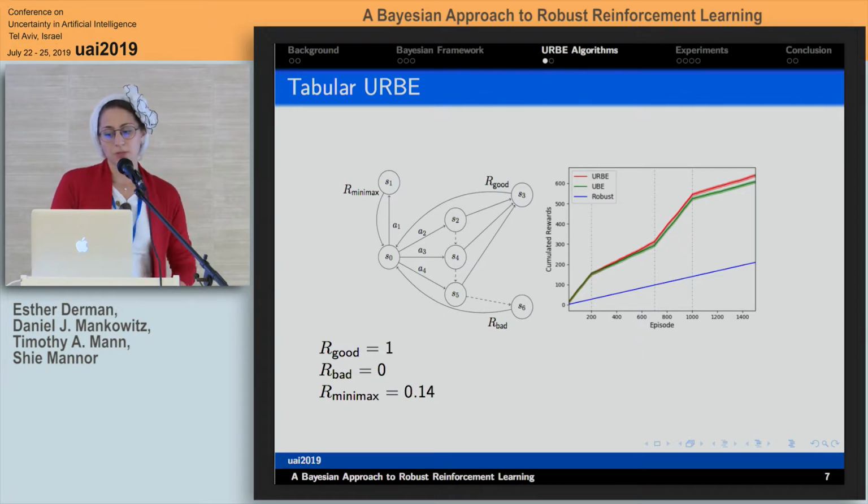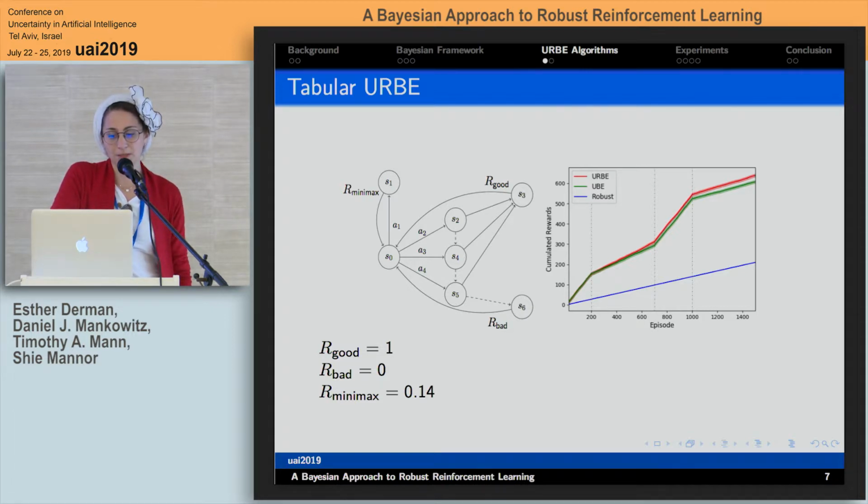The green plot corresponds to posterior sampling when adding a variance bonus that corresponds to the variance of the posterior variance of the regular Q value. So you have an uncertainty set, and we see that it underperforms our approach of URB. The problem here is that for each step we need to solve a robust optimization problem, which is highly costly, and this is not applicable to deep reinforcement learning.